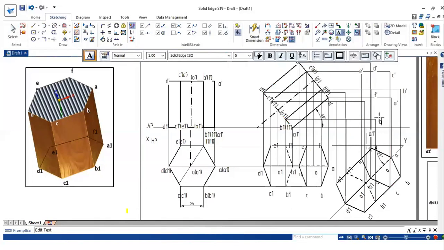This is B1 dash. This is C1 dash. D1 dash. E1 dash and F1 dash. Now connect all the outer boundary points through visible line.